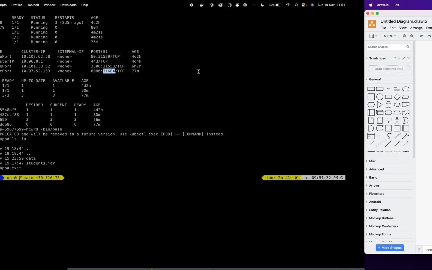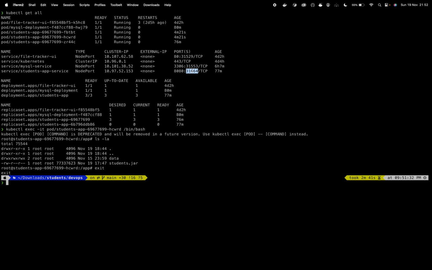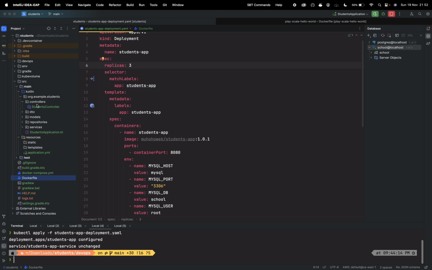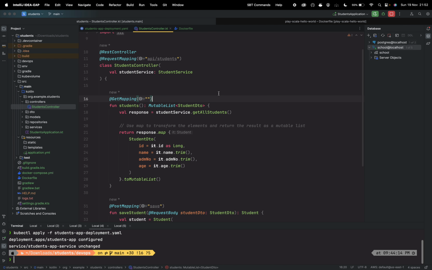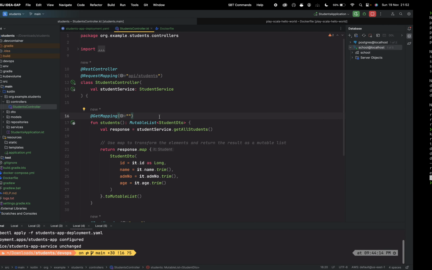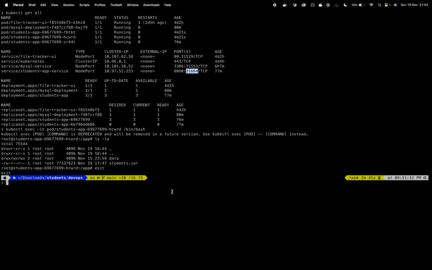So if we go to localhost 31664, and then our application, if I look at the controller here, let me just go to the container, the controllers, and I had defined that if you go to API/students, it will call this method. So if we just do like curl